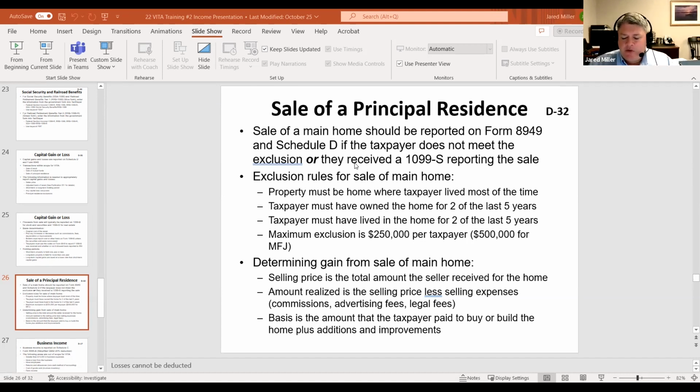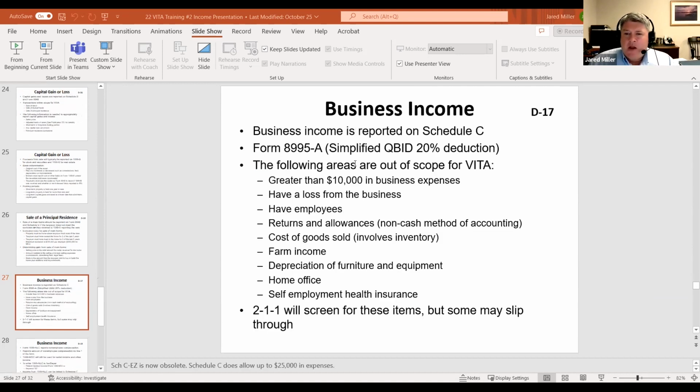All right. We're going to move into our final little sections here and talk a little bit about business income. Most of the things we've talked about today are predominantly coming off of some sort of form that is given to us by the taxpayer. Again, the government's also going to get a copy of that form, so it's going to be important that we make sure that we actually report all the activity that we see.